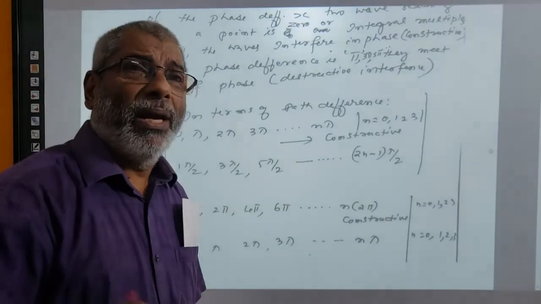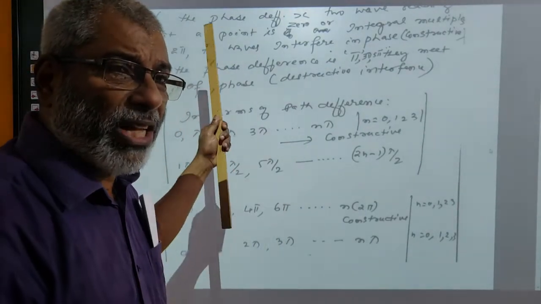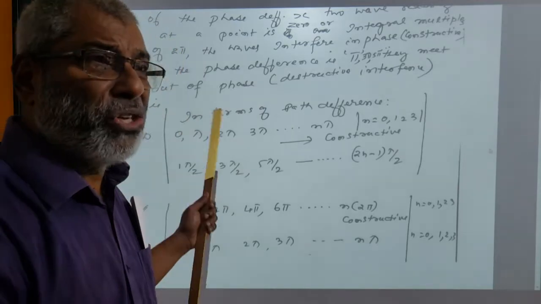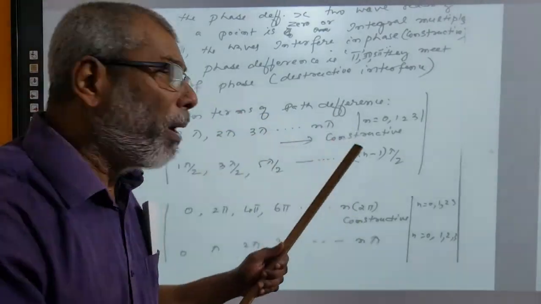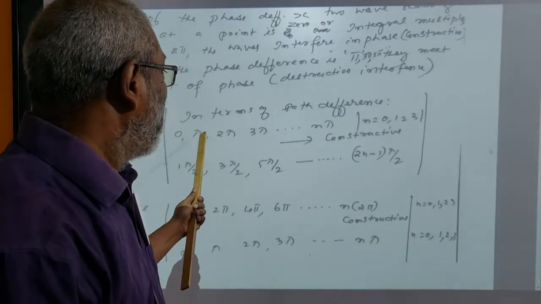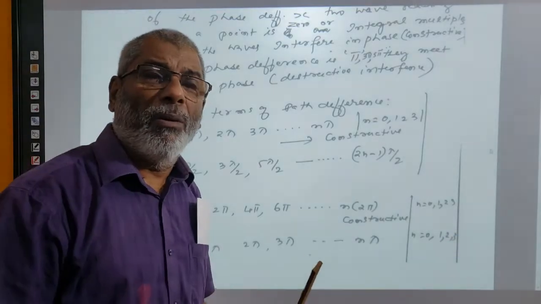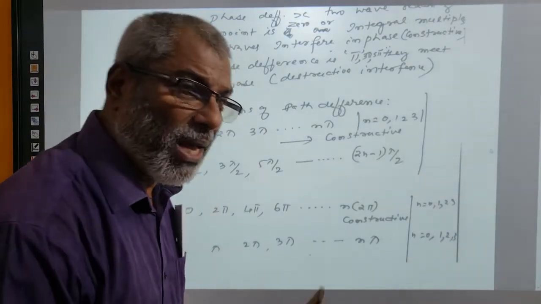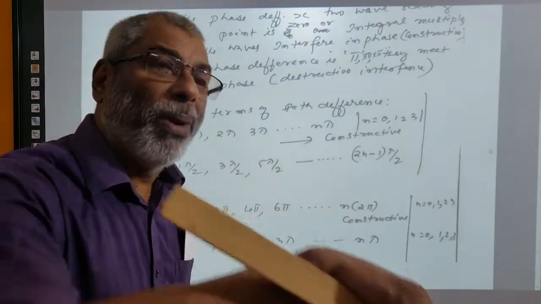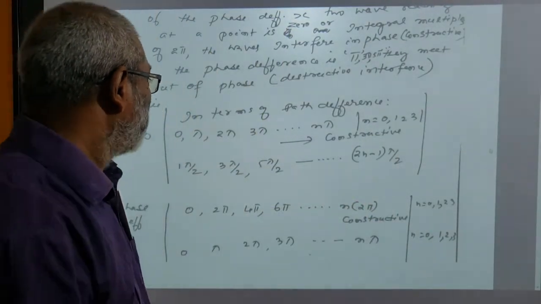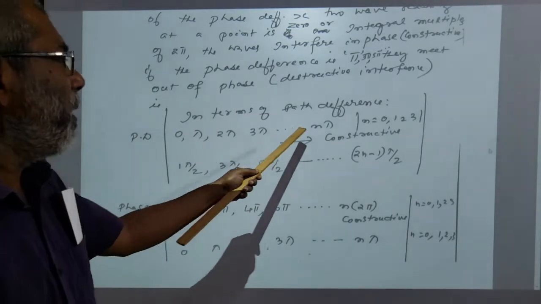The point will be a point of brightness, a permanent seat of brightness. In other words, phase difference is equal to 0, 2 pi, 4 pi, 6 pi, etc., or path difference is equal to 0, lambda, 2 lambda, 3 lambda, n lambda, etc. That point will be a permanent seat of brightness, because lambda path difference is equal to 2 pi phase difference. Very clear? So this is for constructive interference.